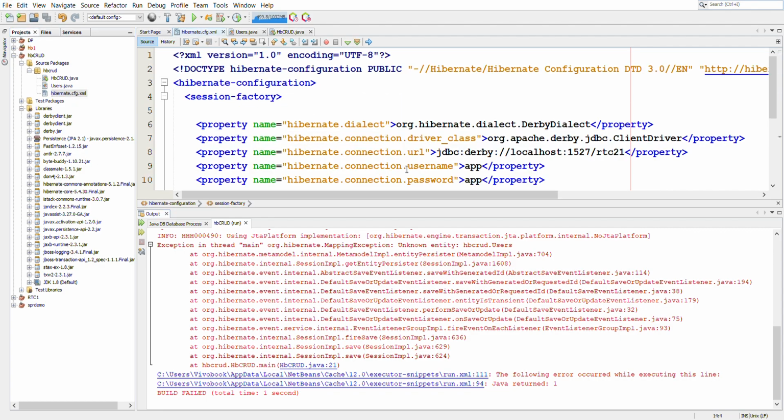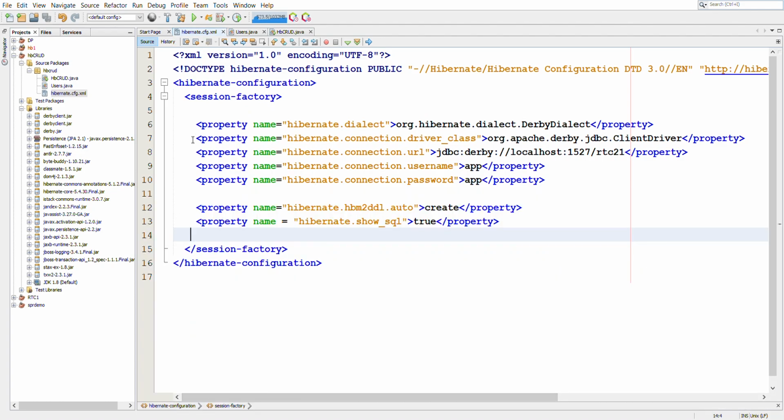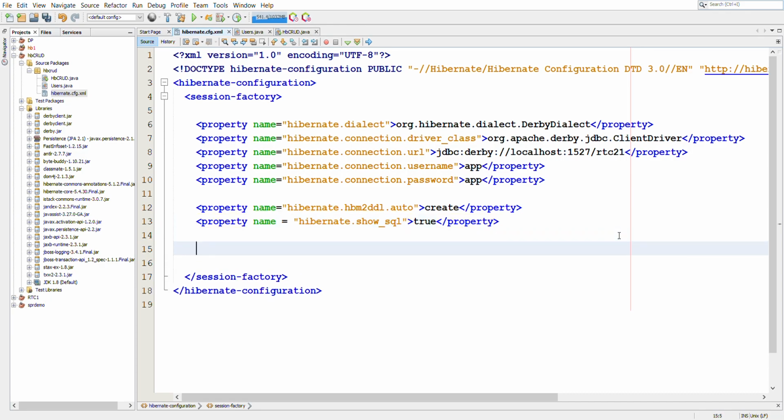So we have provided the database connection details here, but we have not provided the mapping details. So for the mapping details, we have to add a line here, which is the mapping tag. So mapping class hpcrud.User.